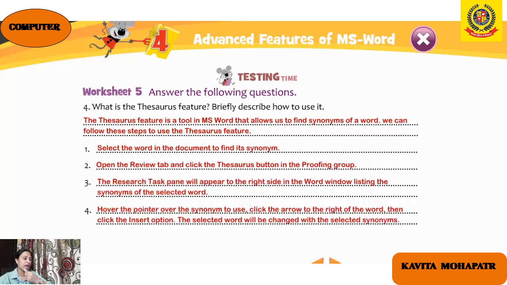Now the last answer, answer 5. Write the steps to delete the comment inserted in the tracked document. To delete a single comment, click inside the comment balloon, then open the Review tab and click on the Delete button in the Comments group.